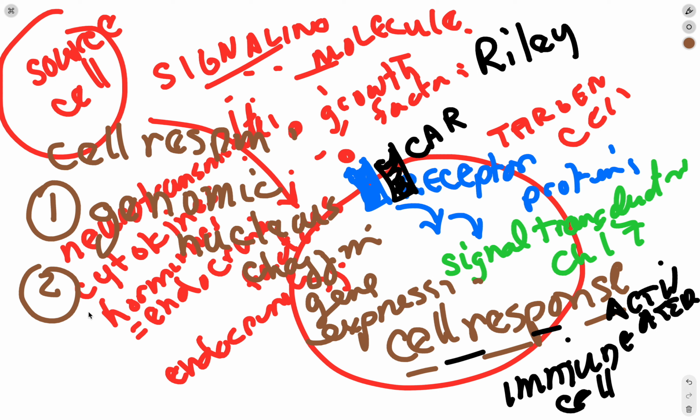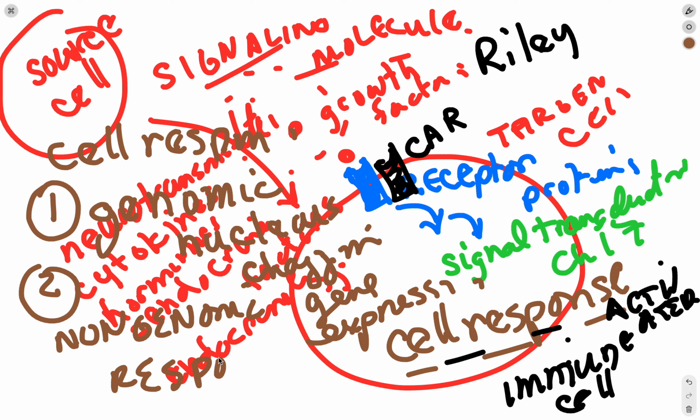And the other is called the non-genomic response. And that's where the cell's responding, but it's just not about gene expression. So it's responding in other ways, changing shape, migrating, and so forth like that. Lots of different types of non-genomic responses. But just understand that. And we're going to talk a lot about genomic responses